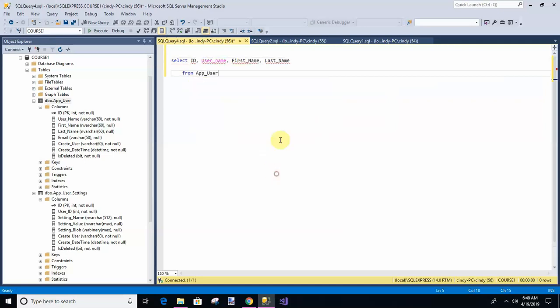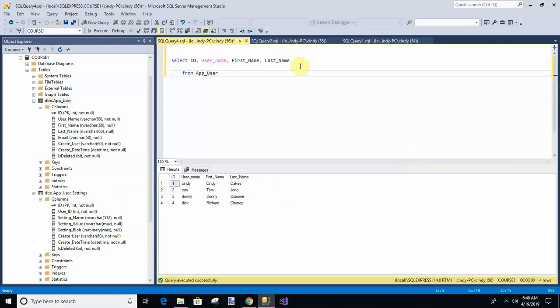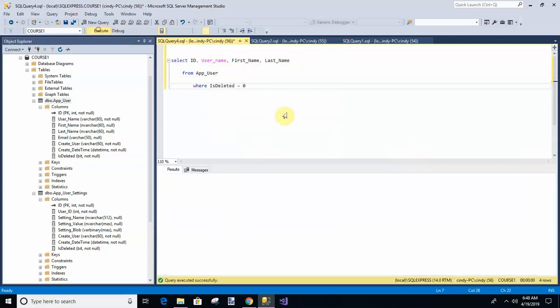And then if we click go, we should get a list of that. We get these 4 people. Although 2 of these are deleted, so we're going to say where is deleted equals 0. You know, we did some of those commands in our app program, and it's the same thing other than you're doing it through the query window. Okay, so we've got the username and the